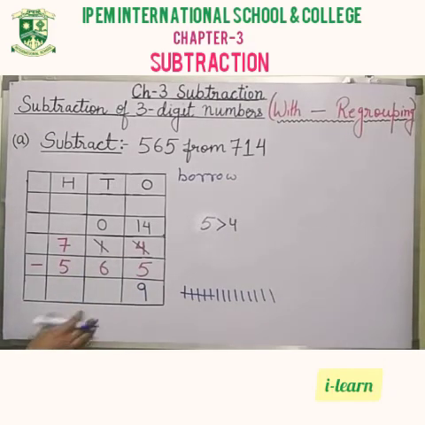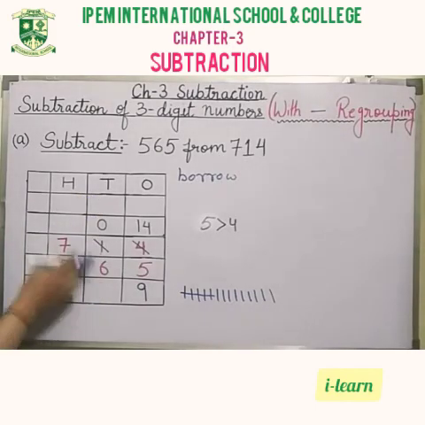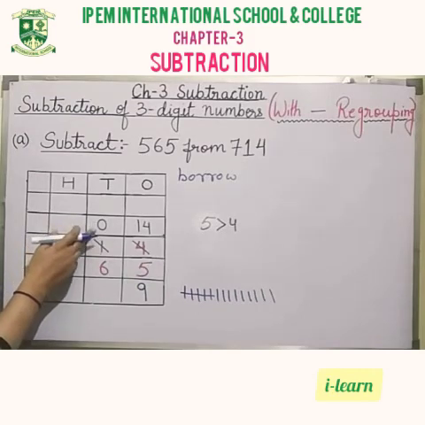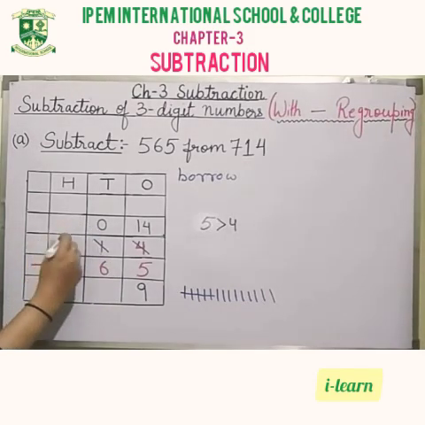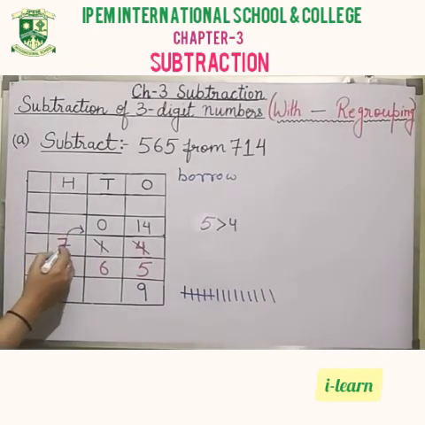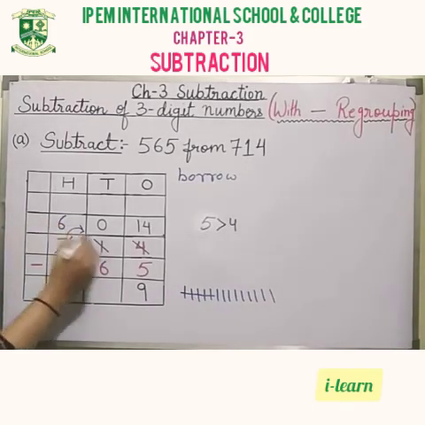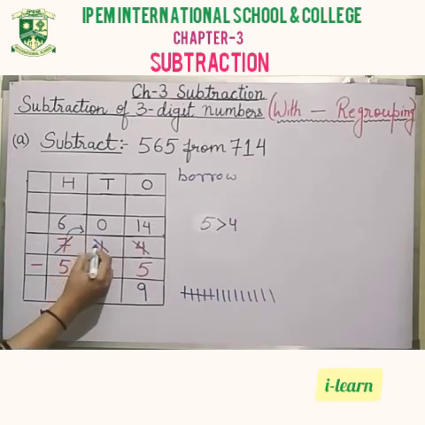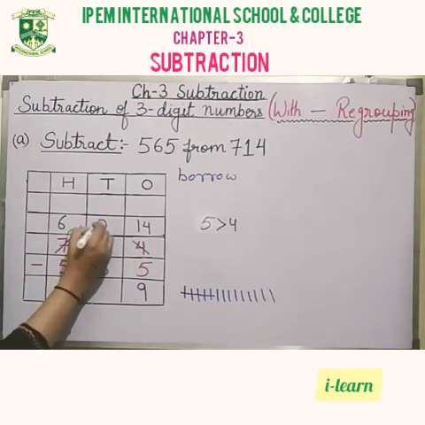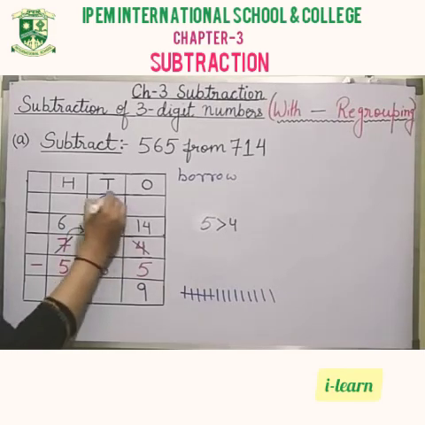Now moving on to next place, that is tens place. Here now we have to subtract 6 from 0. And this is also not possible, to subtract a bigger number from 0. What will we do here? We will again borrow one number from hundreds place, that is from 7. So when we take one from 7, it will become 6. And this 0 will become what? This will not become 1. This will become 10. Instead of 0, this number will become 10.